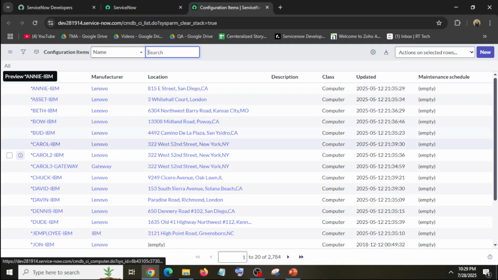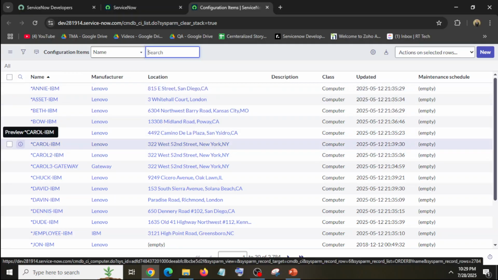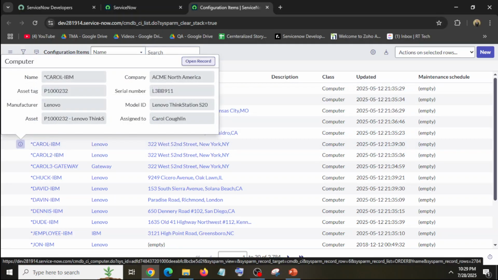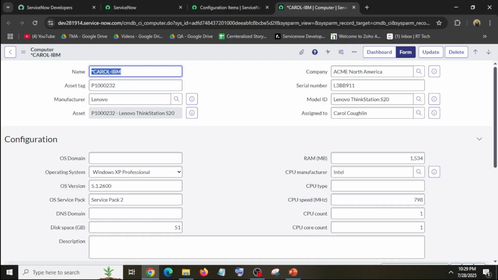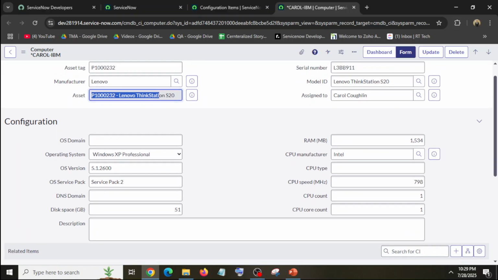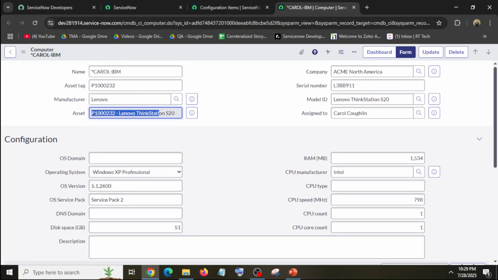Like if we open one record, here is the detail of this configuration item. The name of this configuration item is this. Its asset tag, and it's linked with this asset, and its company, serial number, model ID, and assigned to, every detail is available here.